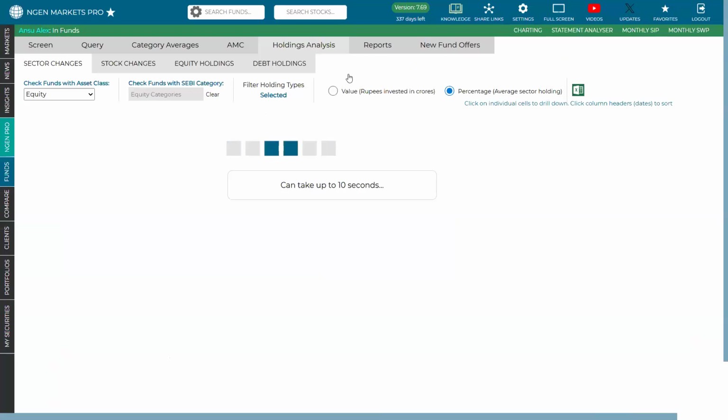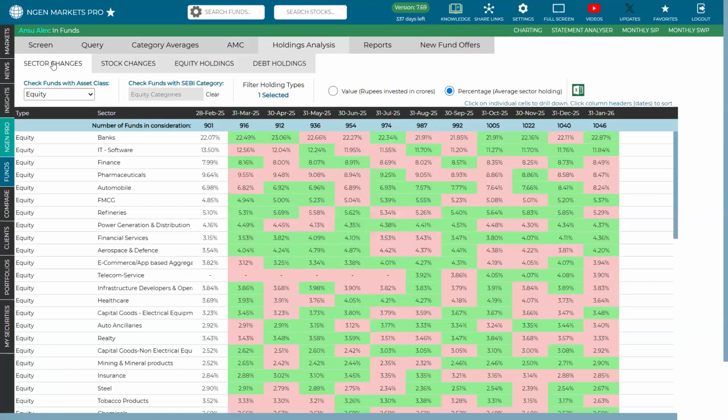You simply click onto it and you come across the first section within Holding Analysis, which is called Sector Changes. So, as the name suggests, it lets you know how the holding of multiple funds is changing across various sectors. Now, starting with this Sector Changes tab, the first thing that you can come across is this option called Check Funds with Asset Class.